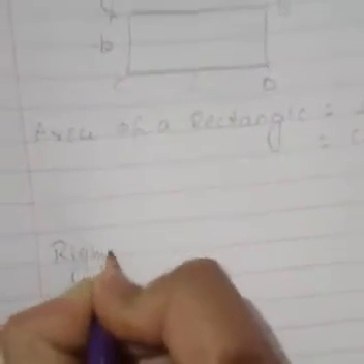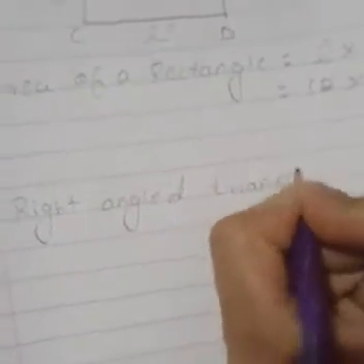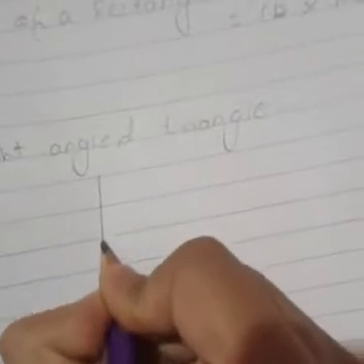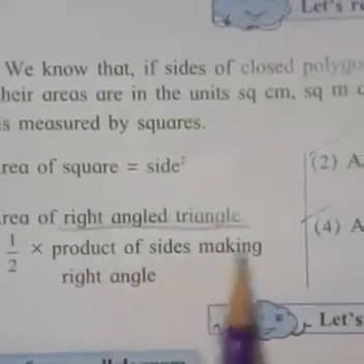That's why they are mentioning strictly the area of a right angled triangle. So now how does a right angled triangle look like? Look here, everyone. Right angled triangle. Okay, so a right angled triangle will be like this. They are telling us the area is half into the product of the sides making the right angle. Now which are the sides that are making the right angle? If I name this triangle as ABC, then can you see that AB and BC come together to form a right angle over here? Yes, so AB and BC are the two sides forming the right angle.